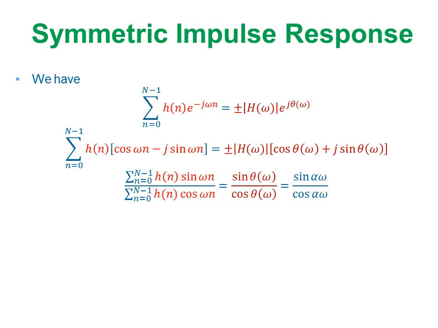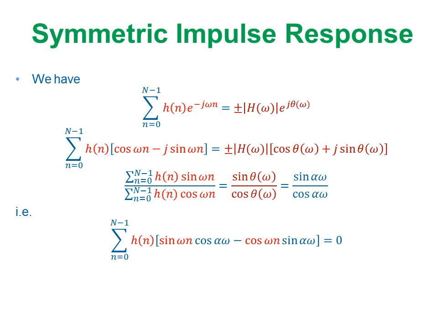So here we can take this last equation and rearrange it, multiplying the left hand side and right hand side, and equate it to 0 by using summation, n ranging from 0 to capital N minus 1, h of n sin of omega n into cos of alpha omega minus cos of omega n into sin alpha omega, and that is equal to 0.